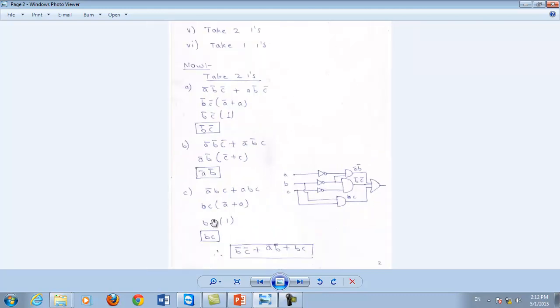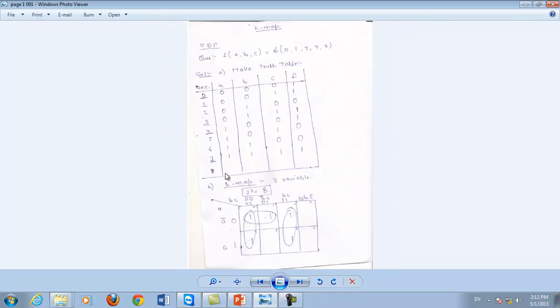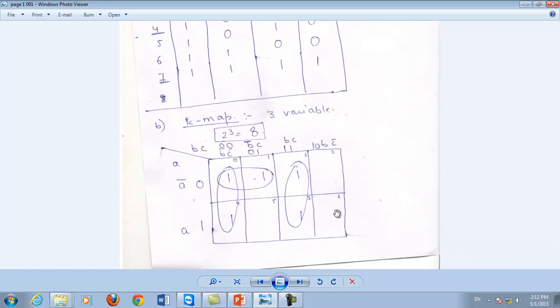First method is to make the truth table. The first step of this method is to make the truth table, which is optional. You can directly put the values in the K-map without taking the truth table. The second step is to create a K-map according to the number of variables. After creating a K-map, your next step is to make the pairs. First pair will be of the 8 ones. Next will be of 4 ones. After taking 4 ones, next will be of 4 corners. Next will be of 2 ones and next will be of 1 ones if any one remains separated from other ones.